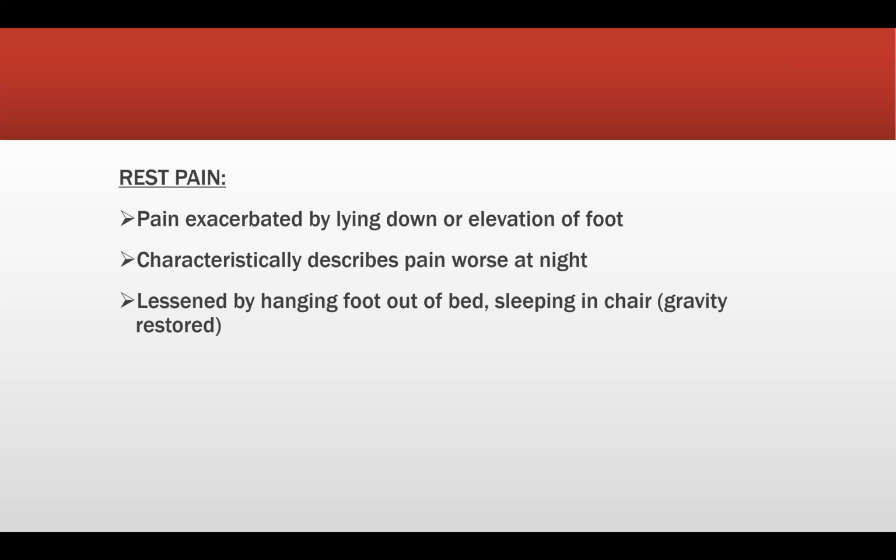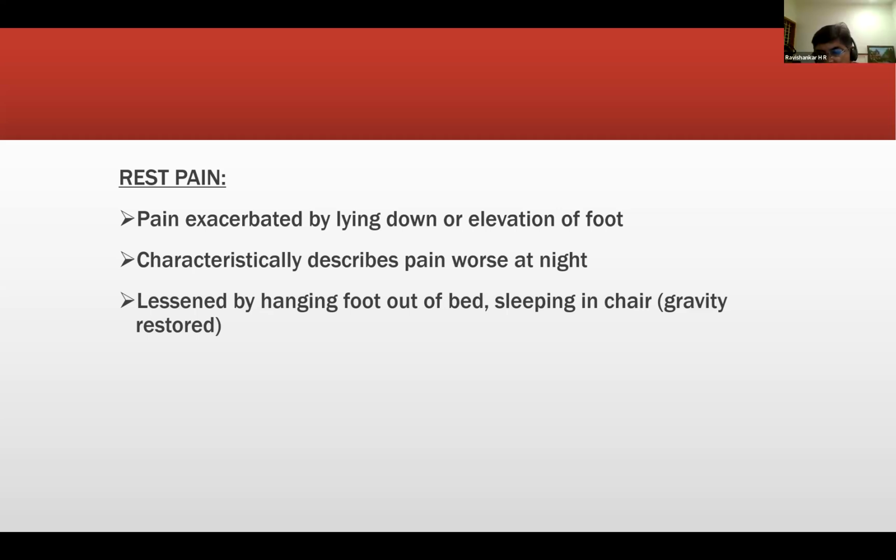Sir, the limb will be in the elevated position, so there will be absence of gravity, and there will be less blood supply, sir, to the distal end. Why? Nikita? Due to motion, like walking and all the activities, there will be an increased blood supply during the day, sir. Okay. So that is reduced at night. That is the reason.